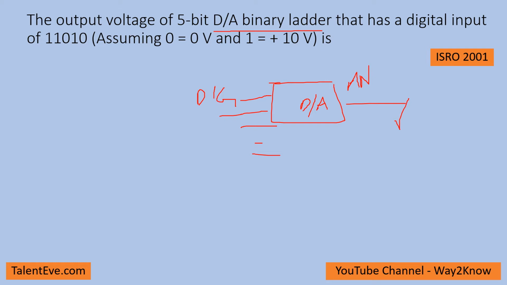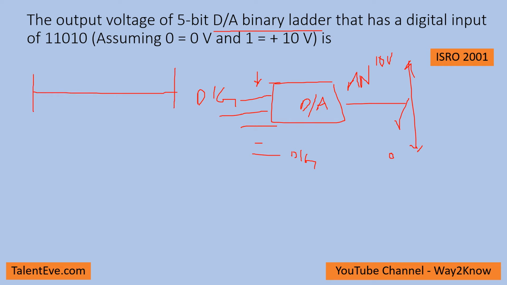The digital input will have 5 bits and you should calculate the analog value. The maximum value of the analog output would be 10 volts, and the minimum value will be 0 volts. So based on the bits provided here, it will range between 0 to 10 volts. Now a particular digital value is given for which we have to calculate the corresponding analog value. In these scenarios, we have to approach it this way.